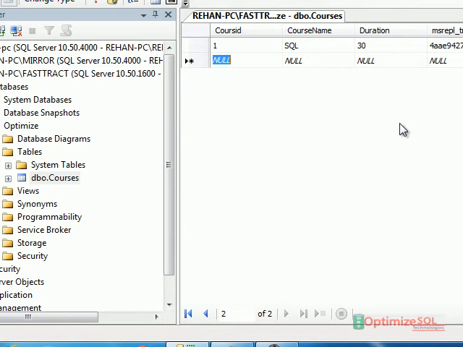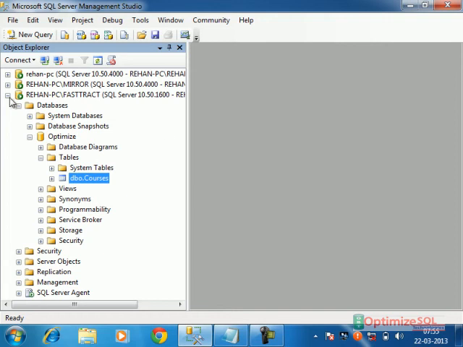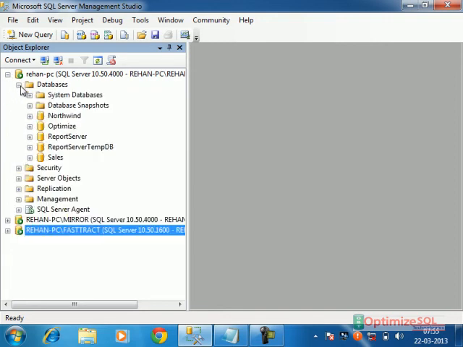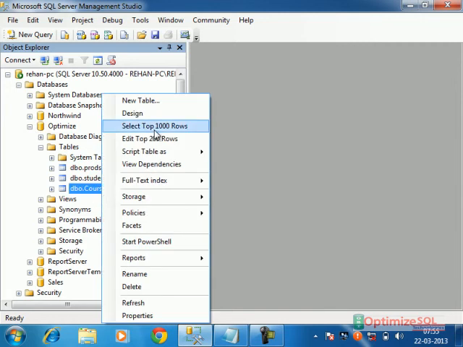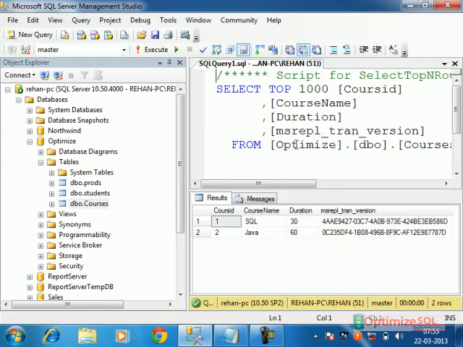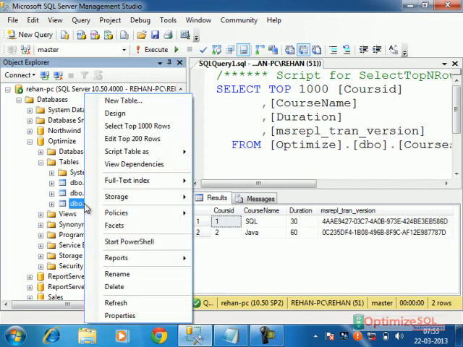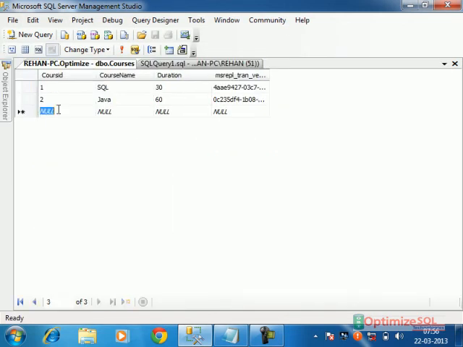That is, the changes are updated. Now check whether these changes are applied in the publisher or not. Immediately they are applied. In the same way, in the publisher we can make changes, and those are also submitted to the subscriber.